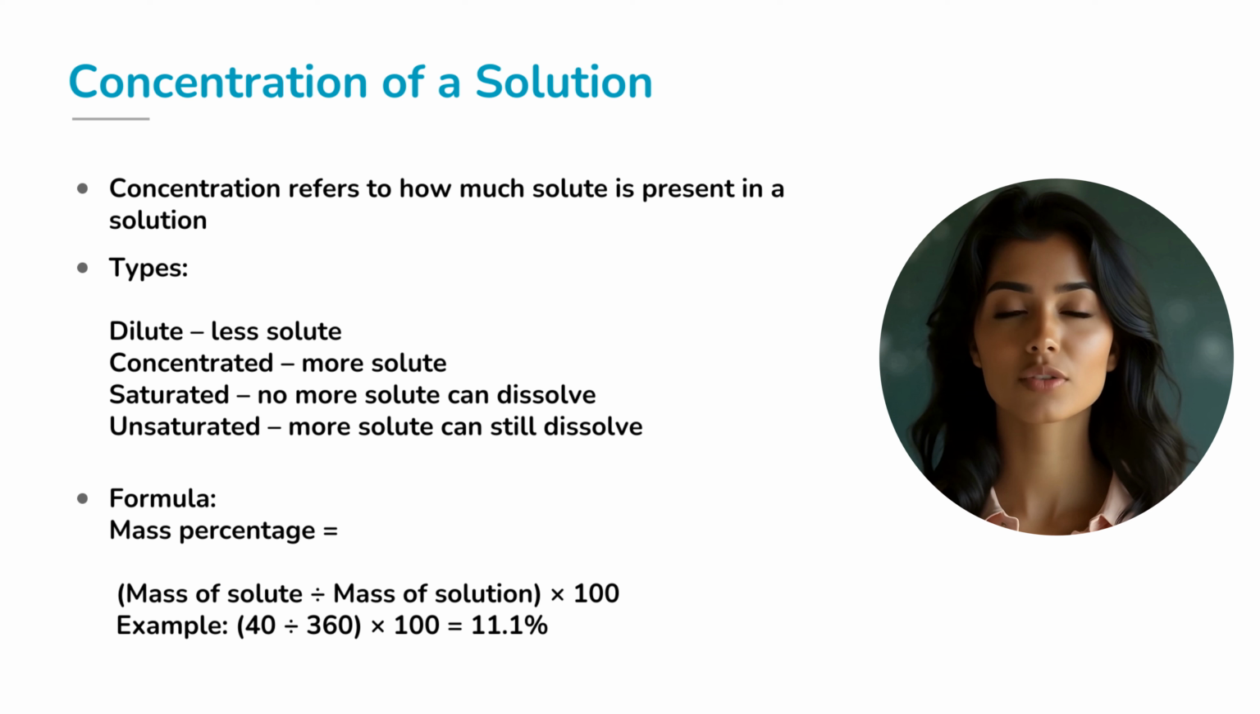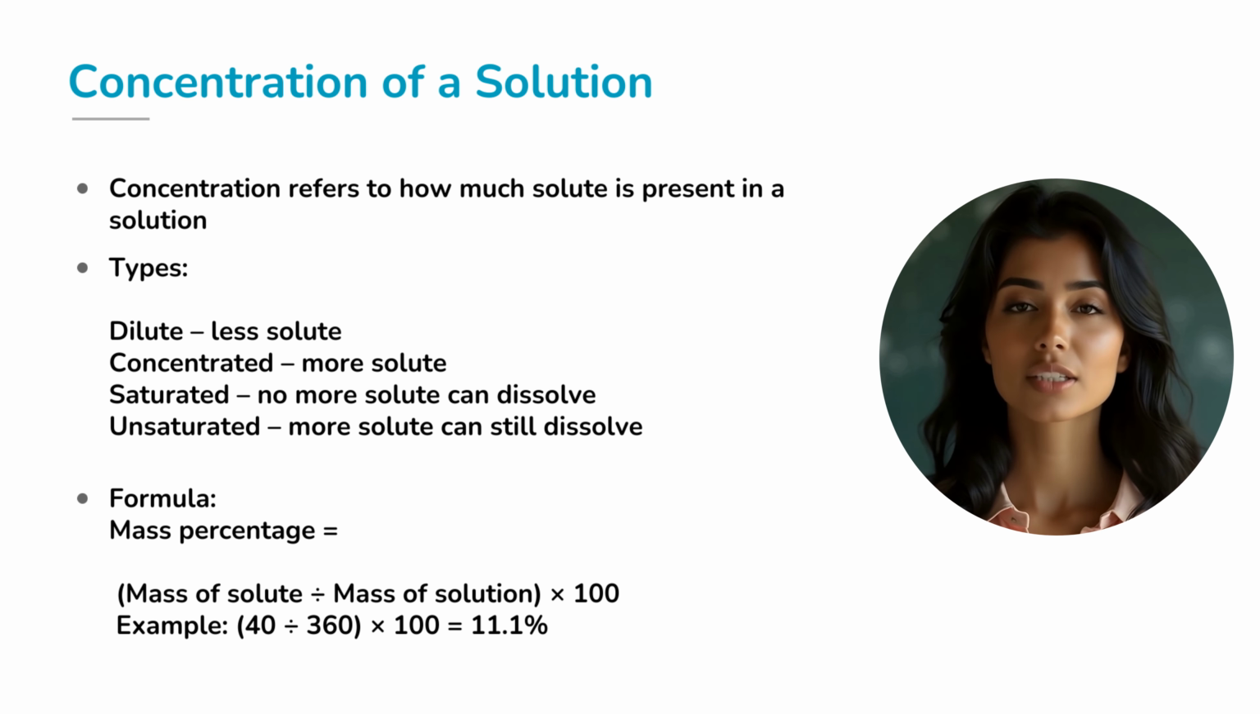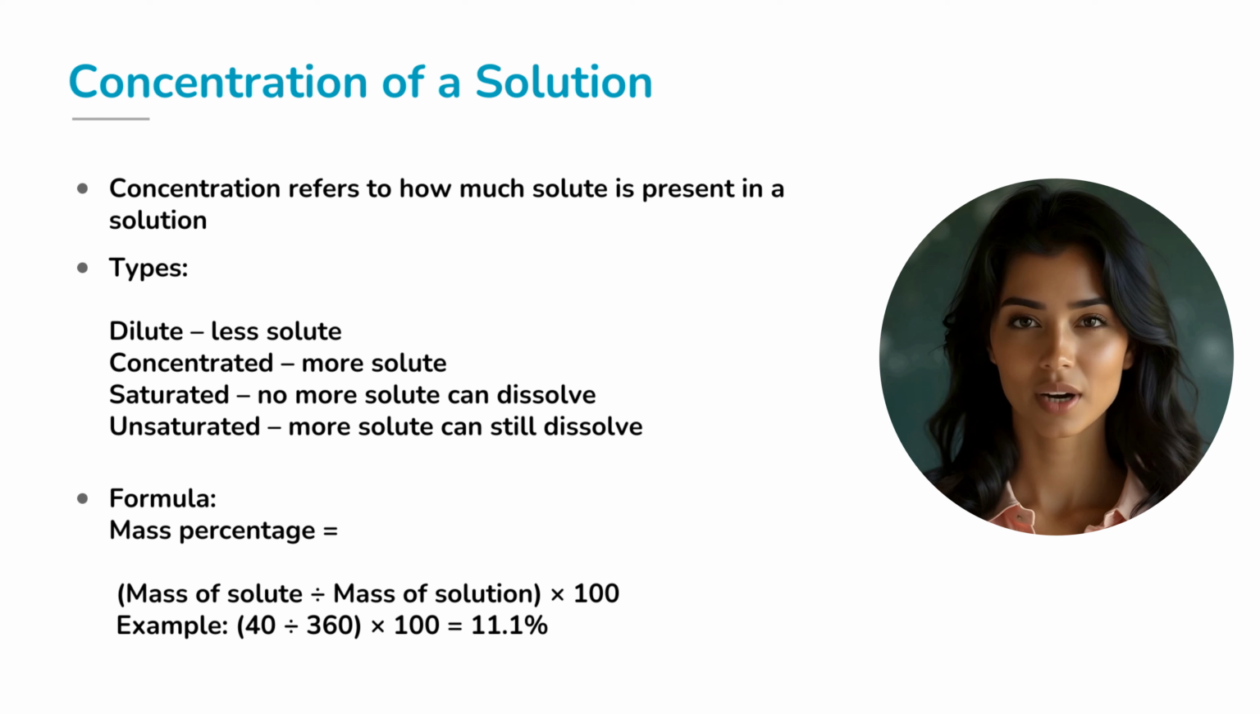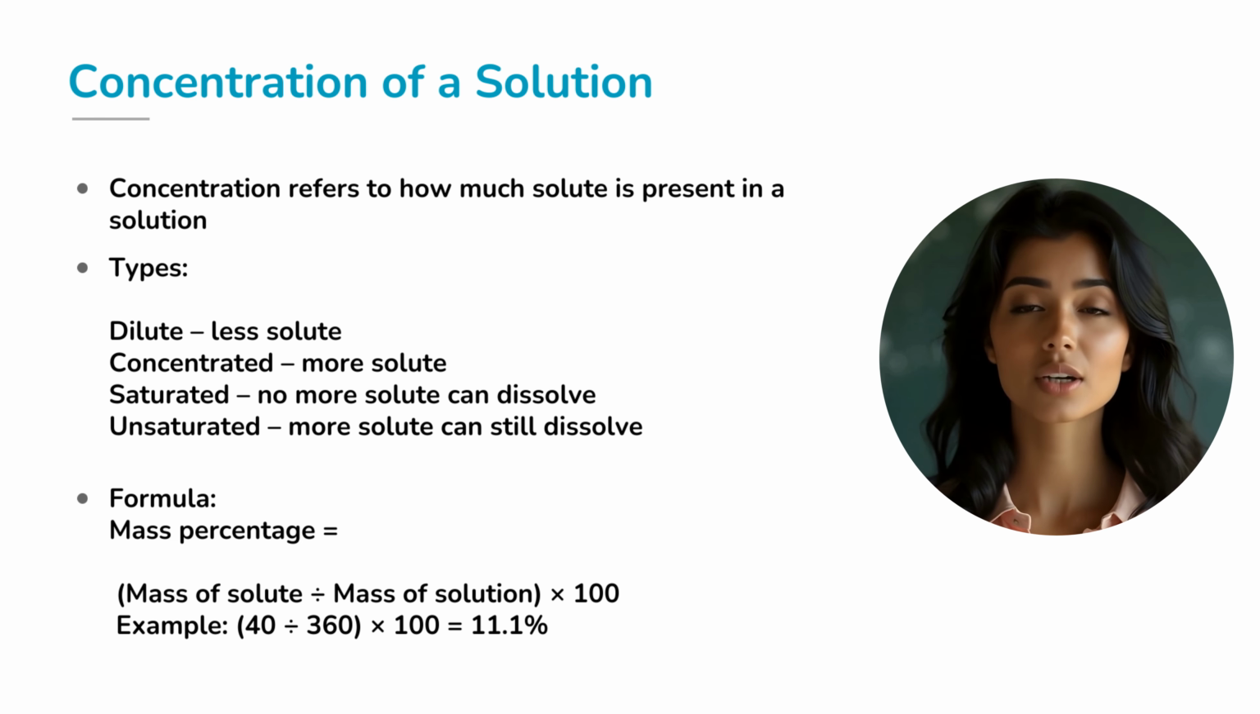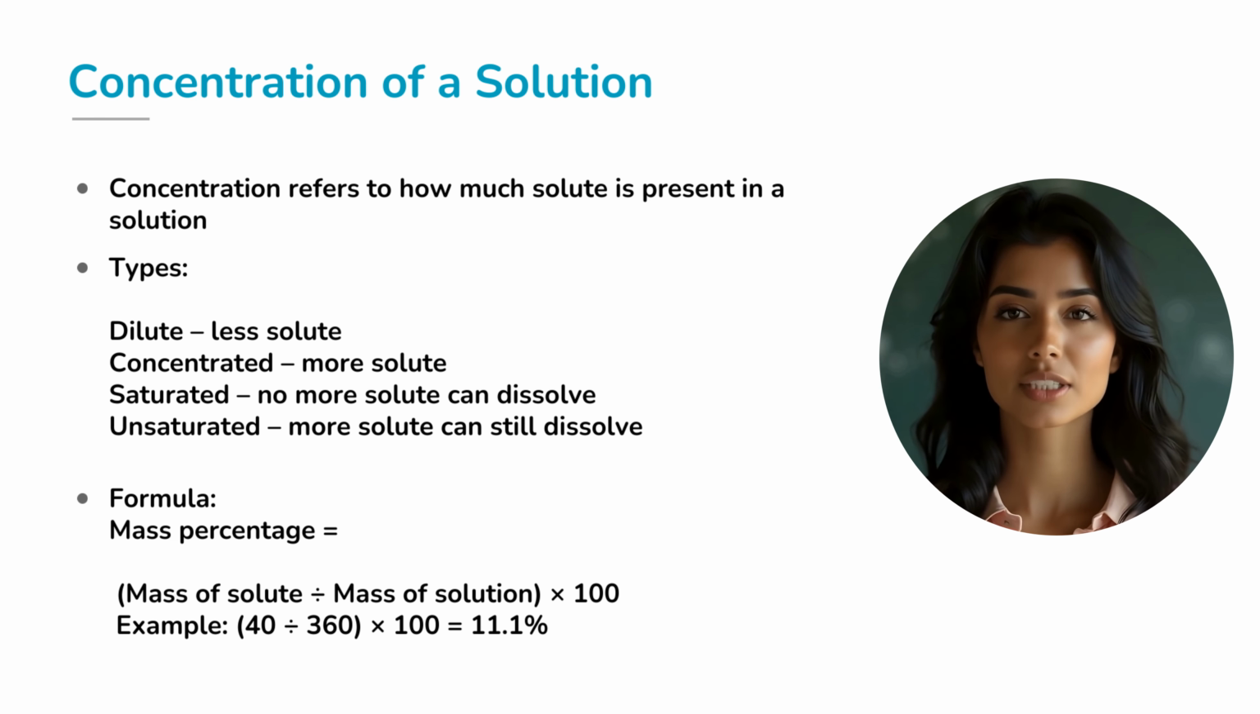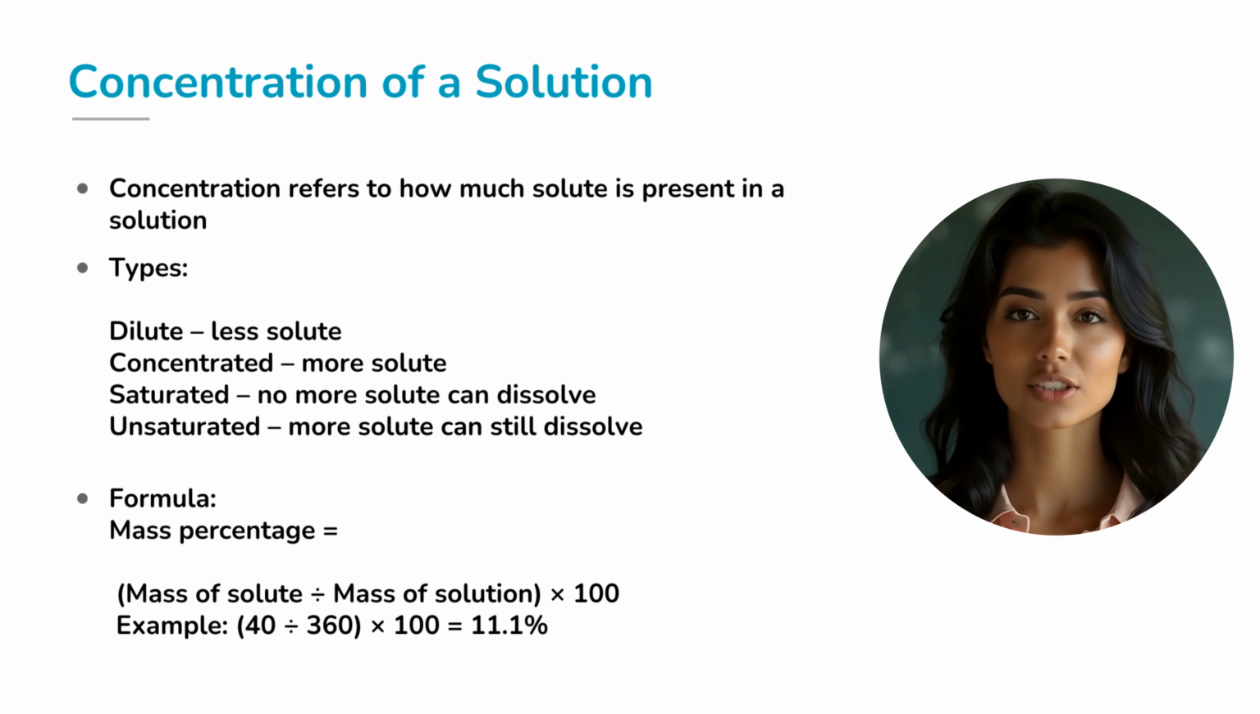Let's look at a useful formula to calculate this. Mass percentage is equal to mass of solute divided by mass of solution times 100. Here's an example. Mass of solute is equal to 40 grams, mass of solvent is equal to 320 grams, so total mass of solution is equal to 360 grams. Now, applying the formula, mass percentage is equal to 40 divided by 360 times 100 is equal to